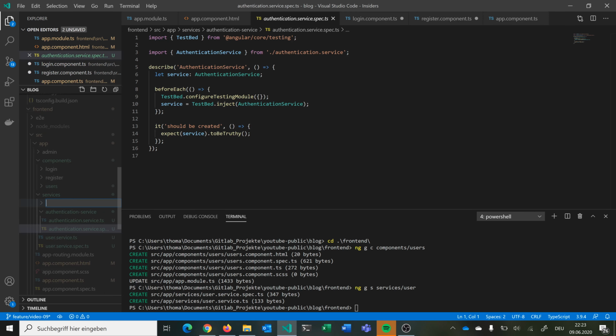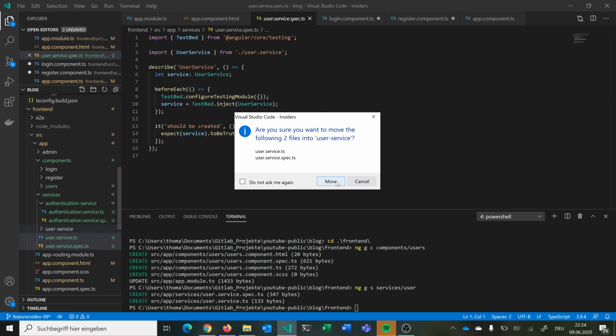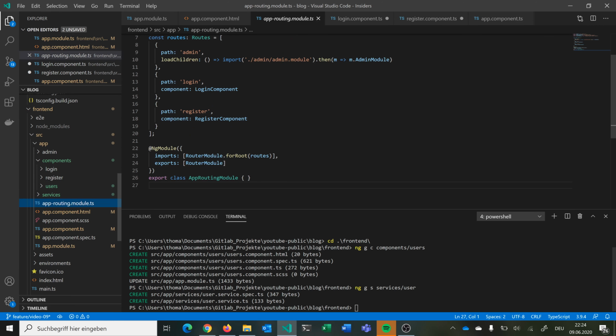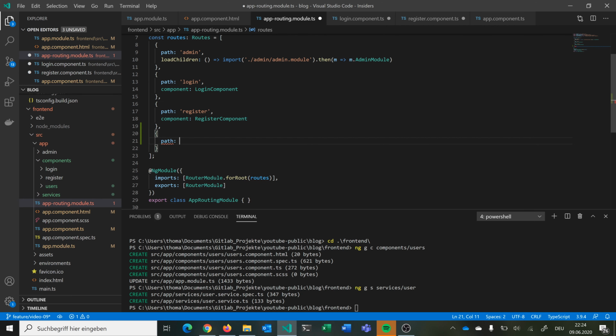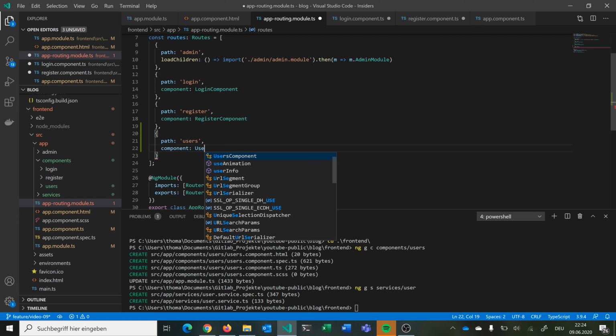And we can also add our user service here and move them into this folder. And we have the structure here, and then we can add our users component to our routes. So we can say this listens to path users, and we have our component, the users component